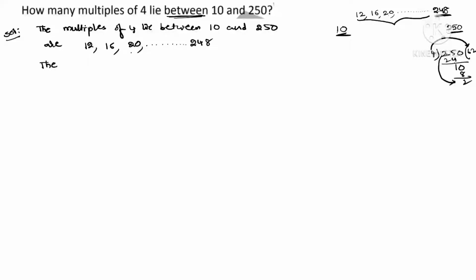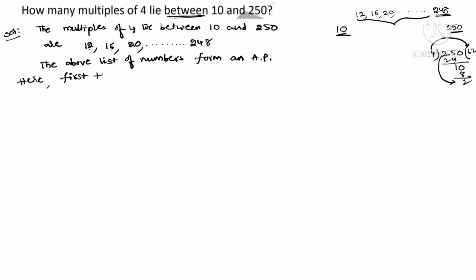Next you observe the difference between any two numbers, 16 minus 12, a2 minus a1. For example, if you are doing that in mind only, 16 minus 12 is 4, 20 minus 16 is 4, like that. So are they forming an AP? Yes. So we can write, the above list of numbers form an AP. Once the list of numbers is declared as an arithmetic progression, next our task is to write here. What is the task next?